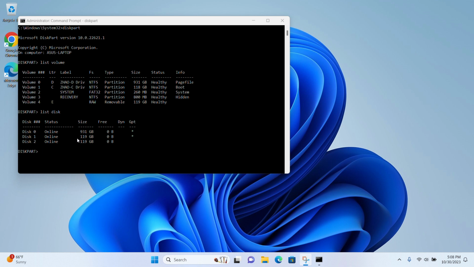We have to be very careful because disk 1 is actually the C drive, and the C drive is also 119 gigabytes, and the disk that we are working with is the same size. So we have to be very careful. We have to verify it is the last one, and then we see this is the right one that we have to work with. So type